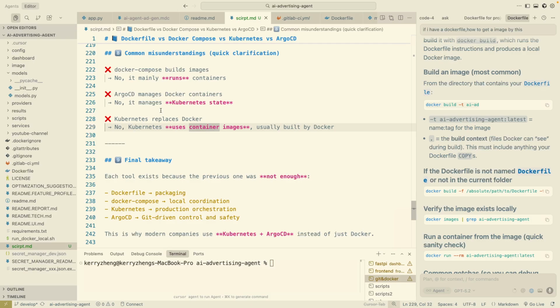You need to use Docker with a Dockerfile, such as this one. You run this command to build your code into an image, and then you can use Kubernetes to run your container in production. And in your local environment, you can just use this one for a single server. For multiple servers, you need to use